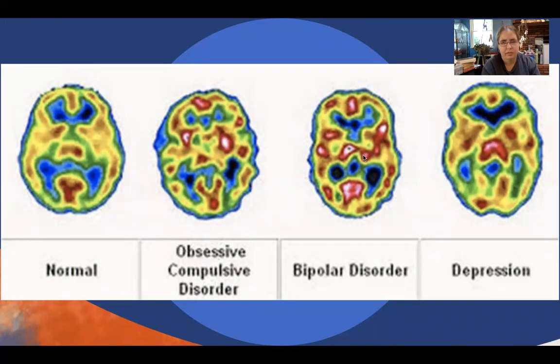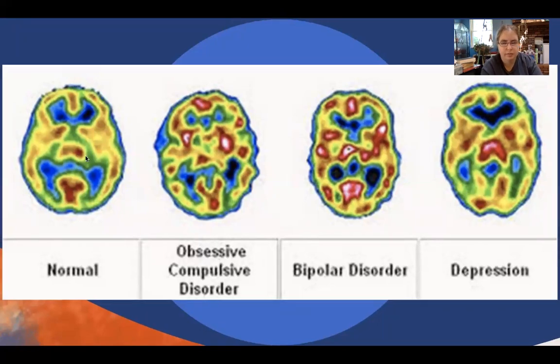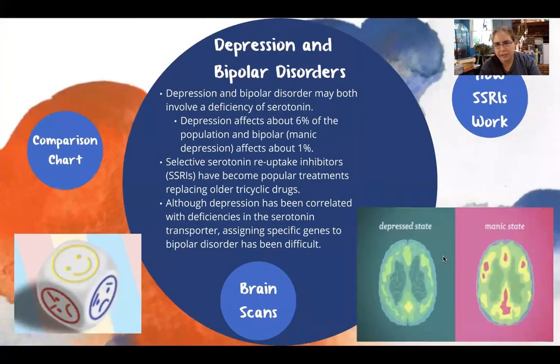Bipolar disorder. So again, different parts are lit up than you see in the normal one. And depression. Again, you see certain differences going on here than the normal one. And even here, this shows the difference in activity between when someone's in a depressed state versus a manic state. So even as someone with bipolar, when they switch, there's this rapid change in which parts of their brain are active. So it can go from this to this or vice versa.